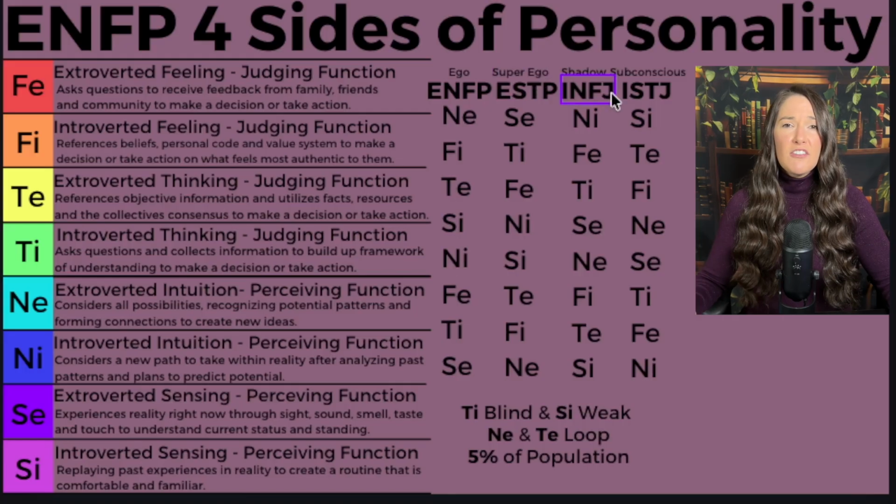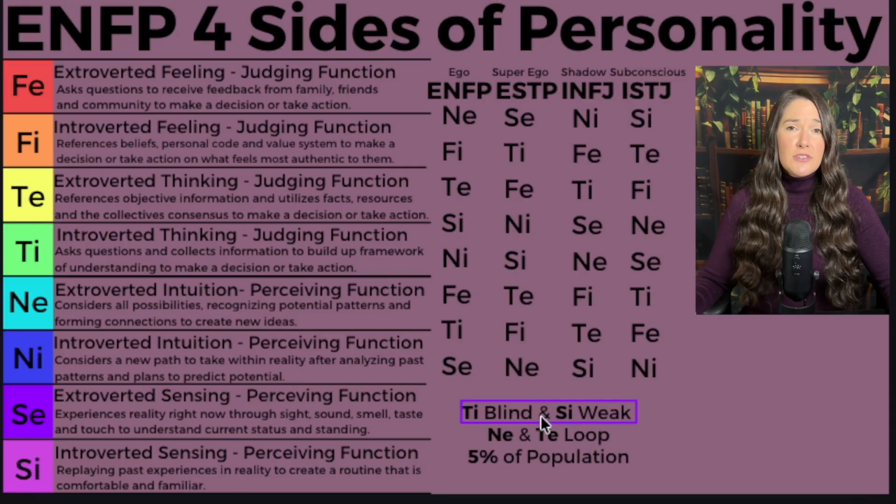And then when the ENFP is struggling and they can't figure out an answer to the problem, they're super stressed, they just don't know what to do, they're going to shift down into their INFJ personality, which is their shadow state. And then when these people are super comfortable, they're in a flow state, they really understand the situation, they're not necessarily overwhelmed, they're just in a comfortable state of mind, they're going to show their ISTJ side. It's going to be their subconscious, it's always within them, but only certain people are going to see this side.